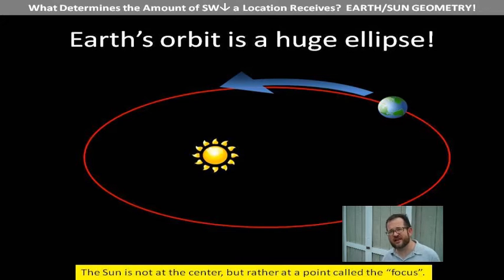In contrast, the Earth is farthest from the sun on a day called aphelion, A as in without, helion, the sun. It's the day that we are farthest from the sun, and it works out to about 94.5 million miles away. This difference does not produce a meaningful difference in the temperature of the Earth. I mean, it's a big difference, right? The Earth is literally like 3 million miles farther from the sun in July than it is in January,